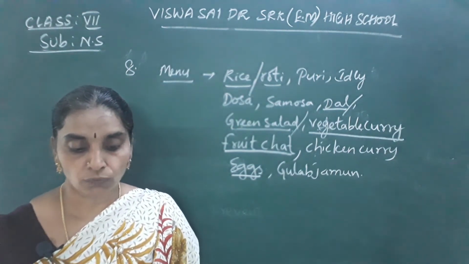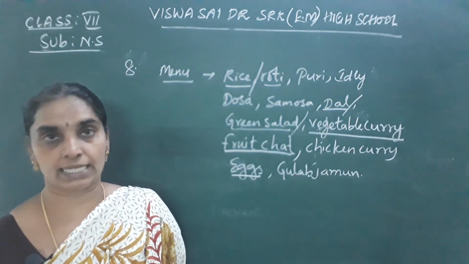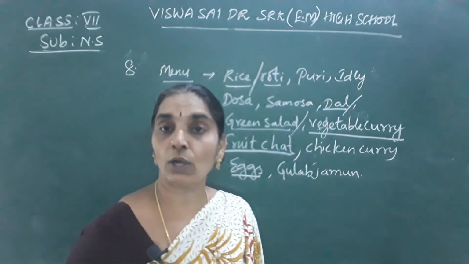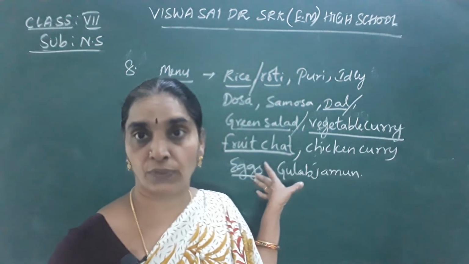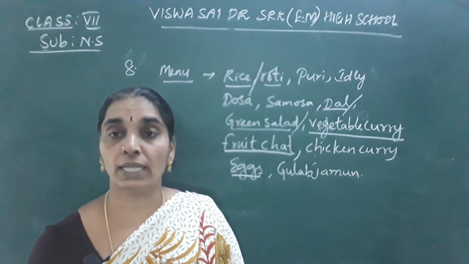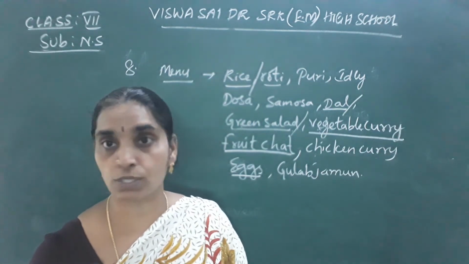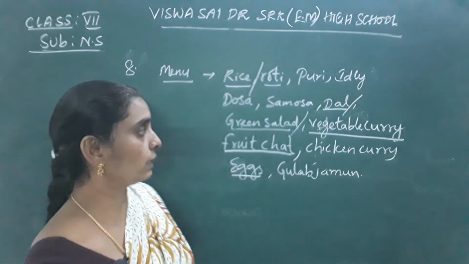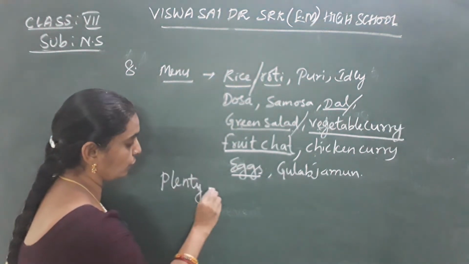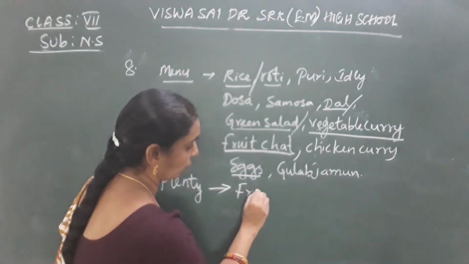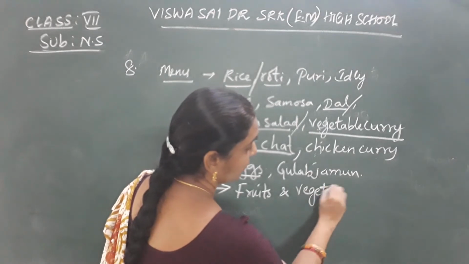Next question. What food items would you take plenty of and adequately? They have asked. In order to make your diet a balanced one, you know that you have to take all these food items. In general, you have to take plenty of water, which is required for your body, and you have to include plenty of fruits and vegetables. I told you in your class that plenty of fruits and vegetables should be included in your diet.